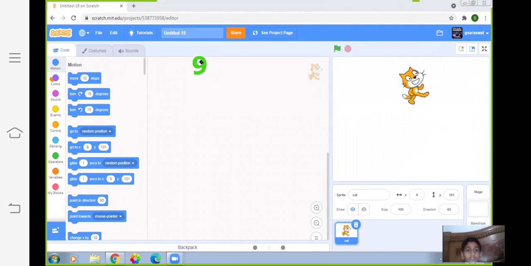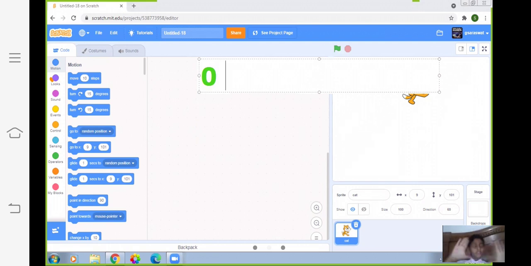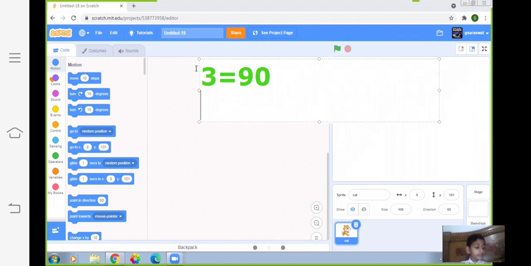Now let me tell you, if instead of that I write 0 degree, 0 degree means 12 o'clock. You have to remember in your mind, 0 degree means 12 o'clock. 3 o'clock is equal to 90. 6 equals 180.